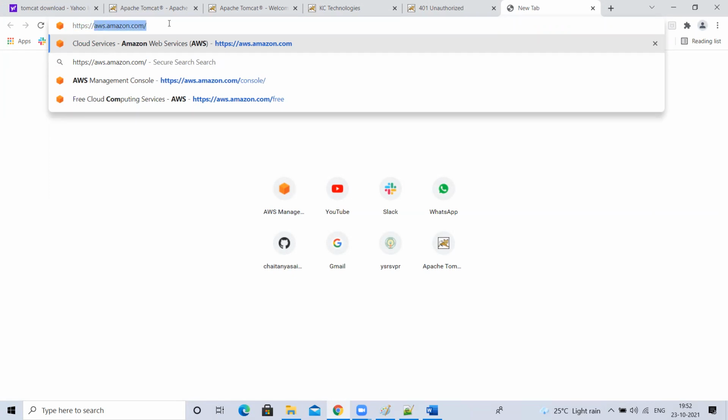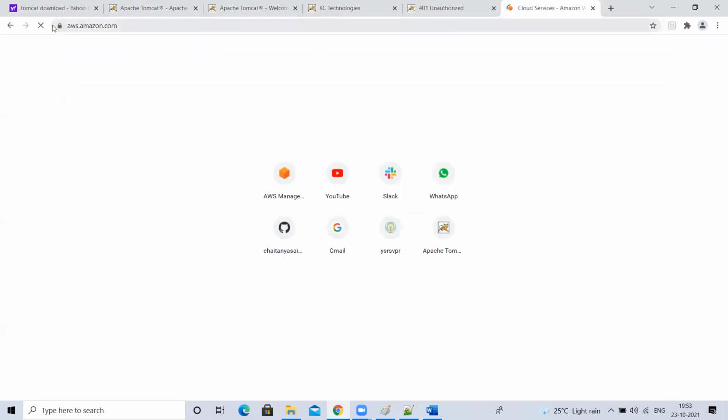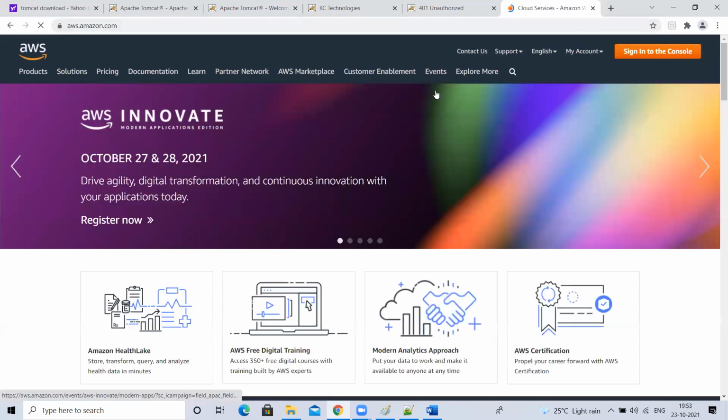Just think someone installed an application called aws.amazon.com on their laptop or a Linux server. If I give this, the request will go to that Linux server or whatever it is.